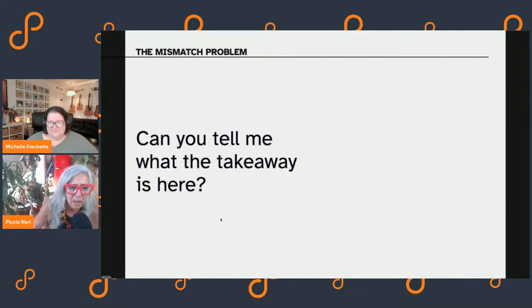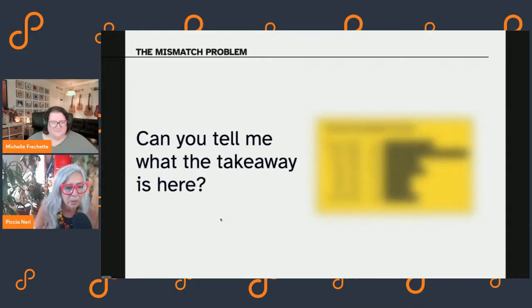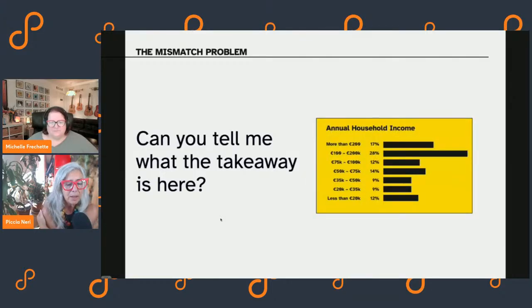Because the data is actually, and this is maybe an extreme example, but there's another one that I find really hard, because we need to think, what's the story that we're telling? What's the takeaway? This is a line bar chart, but it's horizontal, and it's supposed to represent annual household income. But I find it really hard to understand, because the data starts, it's horizontal, stacked, and the data starts on the left, and there are two columns. The first column is a set of numbers, then the second column is percentages, and then the third is the bar, which is horizontal.